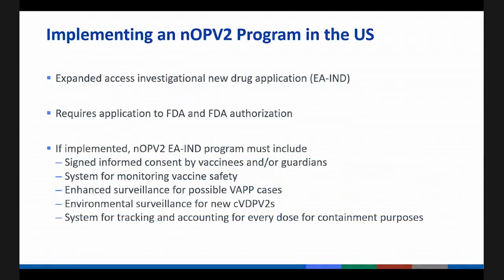This requires application to the FDA and FDA authorization. And if implemented, the NOPV2 EAIND program must include a signed informed consent by vaccinees and/or their guardians, an enhanced system for monitoring vaccine safety, an enhanced surveillance for possible vaccine-associated paralytic polio cases, and environmental surveillance for new VDPVs. In addition, it would require a system for tracking and accounting for every single dose for containment purposes. And this includes every dose given, every dose wasted, and doses